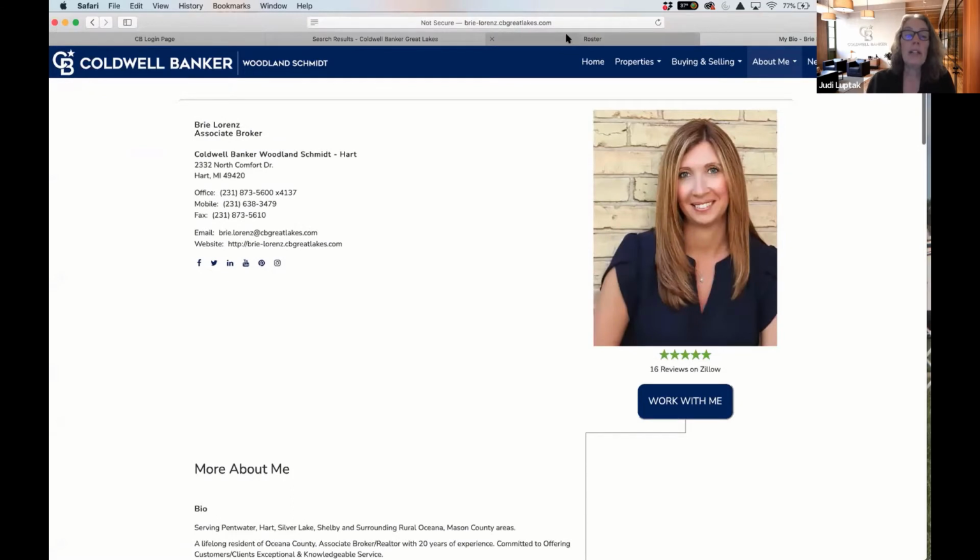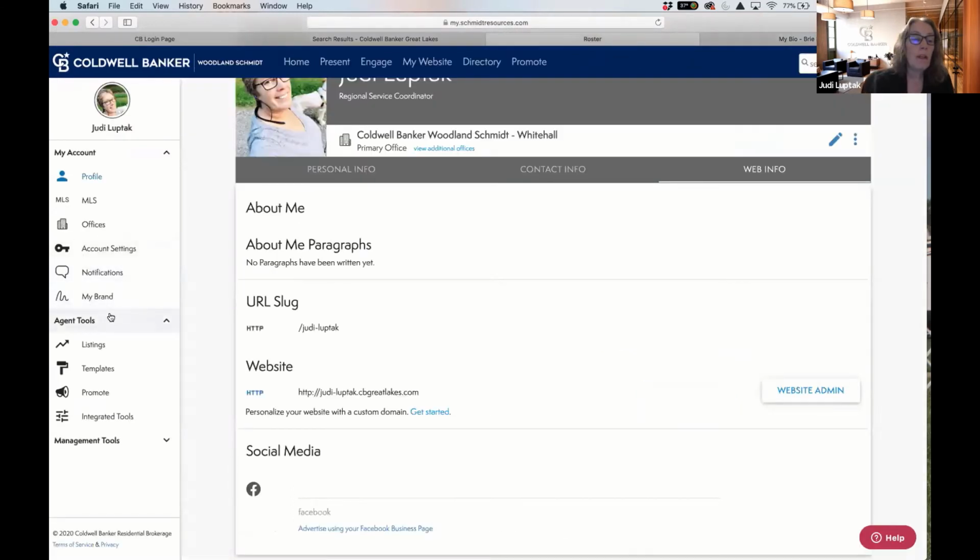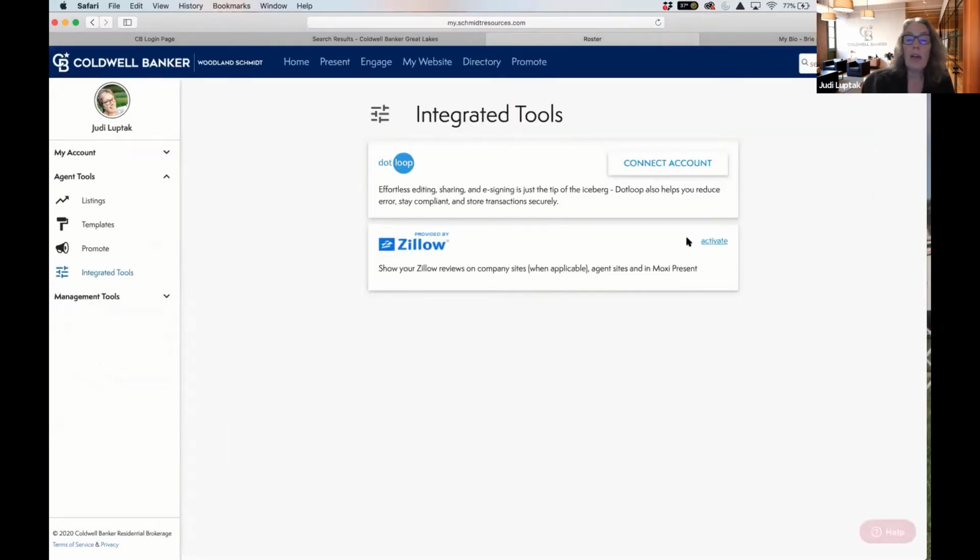So now we'll look at how to do that. We go to Agent Tools, Integrated Tools. All you have to do is go right here to Zillow and activate it. That means adding your credentials, which gives Zillow permission to post these reviews onto your website. Once you click activate, it walks you through adding your Zillow credentials. I think overnight at the outside, you'll be connected and those reviews will start coming through onto your About